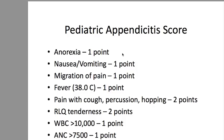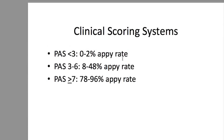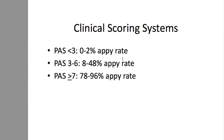So if you have a low pediatric appendicitis score, all right, 0, 1, or 2, they have an exceedingly low risk of ultimately being diagnosed with the disease. These are children where you can safely say, we can stop here, all right? If things change in the next 12 hours, you need to be reevaluated. Go home, we don't need to do anything further, all right? And the way I kind of phrase this to